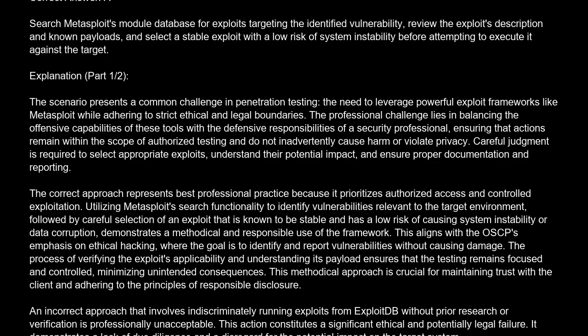This aligns with the OSCP emphasis on ethical hacking, where the goal is to identify and report vulnerabilities without causing damage. The process of verifying the exploit's applicability and understanding its payload ensures that the testing remains focused and controlled, minimizing unintended consequences. This methodical approach is crucial for maintaining trust with the client and adhering to the principles